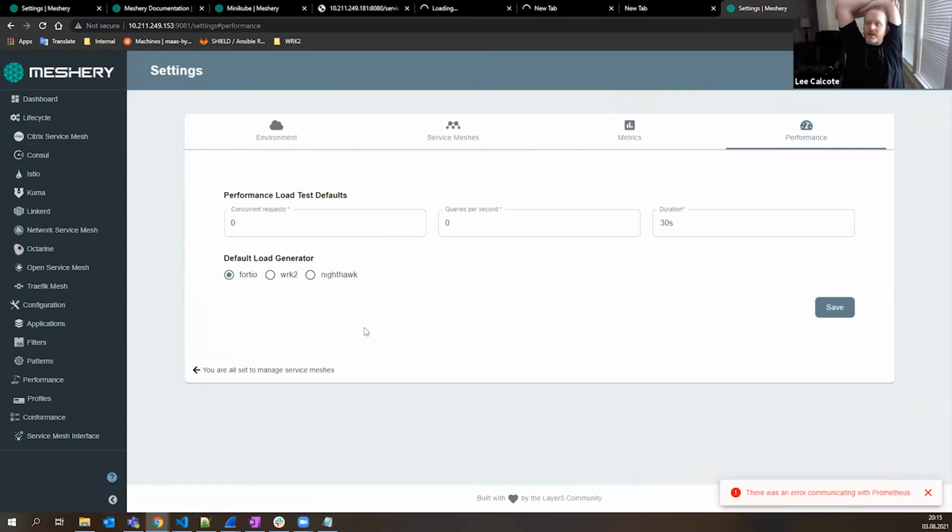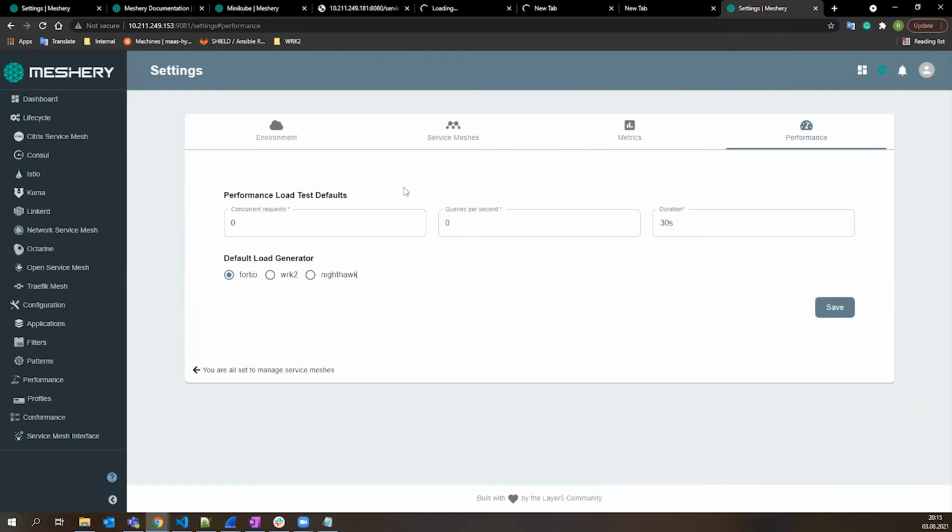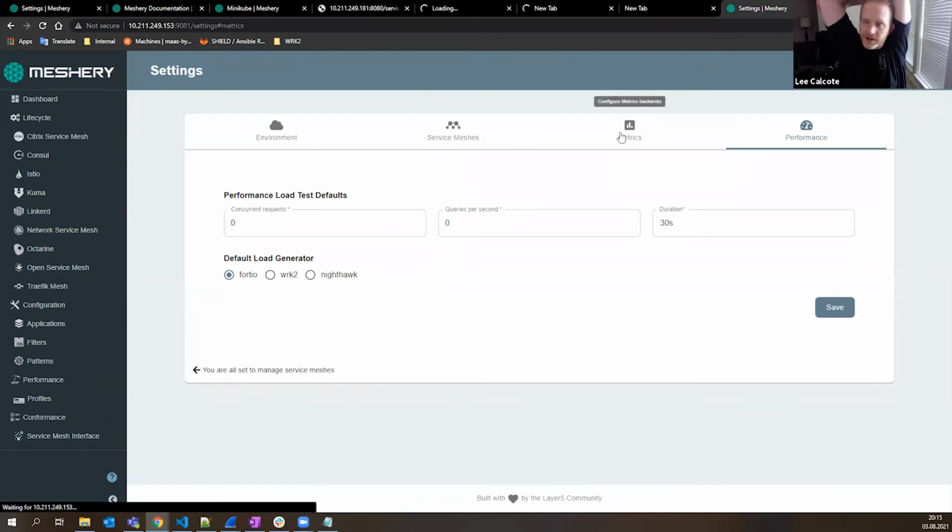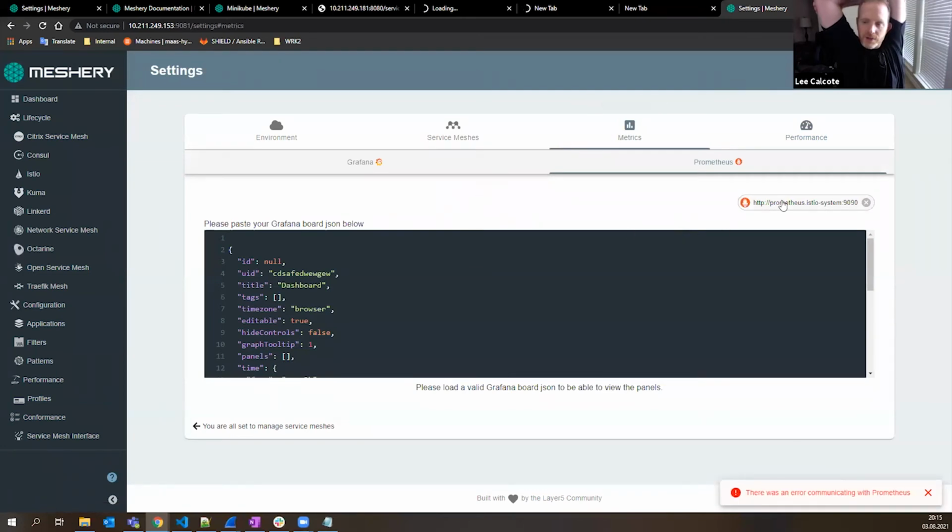I'm curious, if you go to the metrics tab again and you click on that little Prometheus chip. Okay. There's some weirdness going on, but yeah, good. And then if you go run a test, let's see if it not only displays the performance test results,